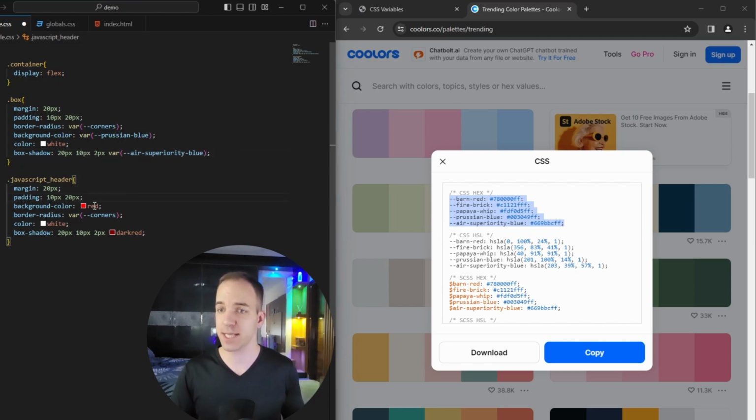And down here, same thing for red. Instead of a bright red, I want to do a fire brick. And then down here, instead of dark red, we want to do barn red. So var barn red. And instead of white for my font, what if we want to use that papaya whip? Well, we can do that with var